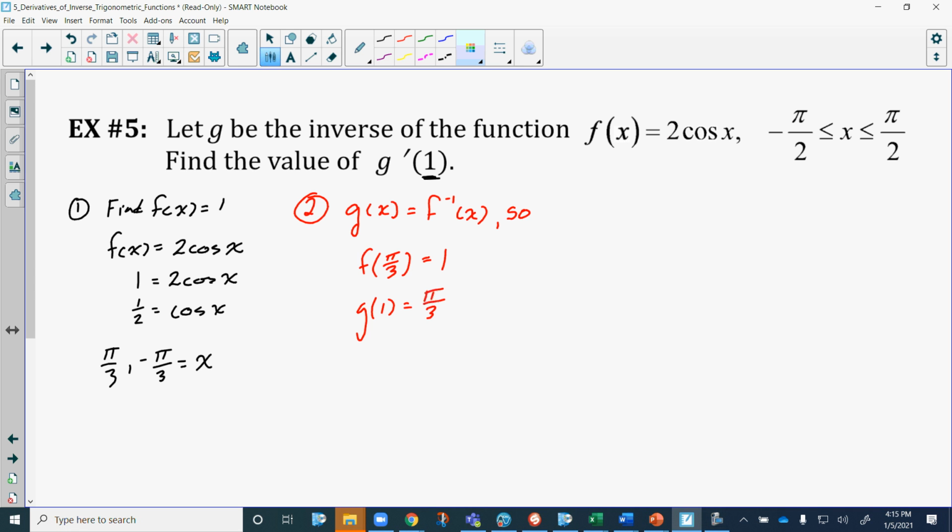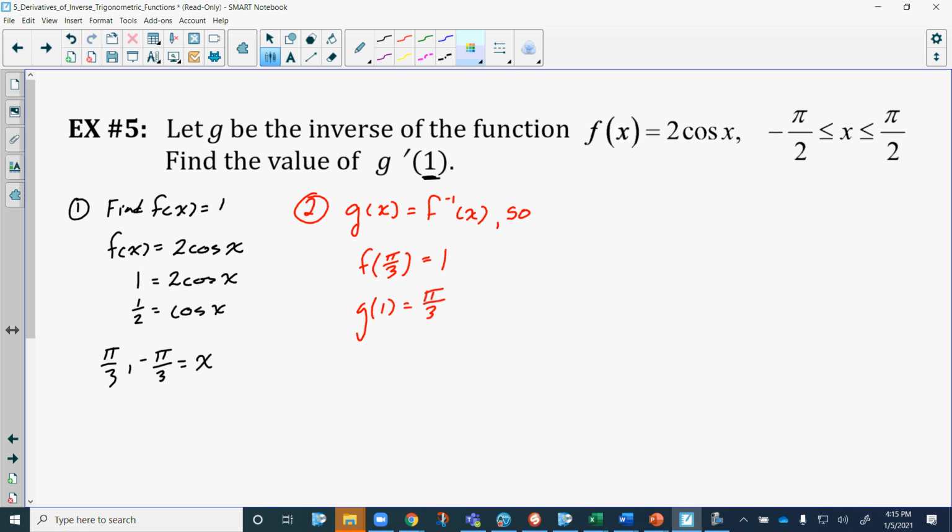Now we're not going to be able to use the negative pi over 3 in this case because I don't remember offhand. I forgot to write it down, but the negative pi over 3 is going to be outside of some limit somewhere. It's going to be outside of something that we're doing in relation to the problem. So,